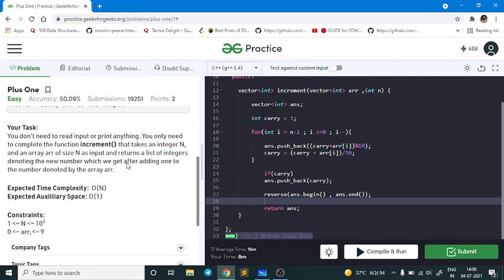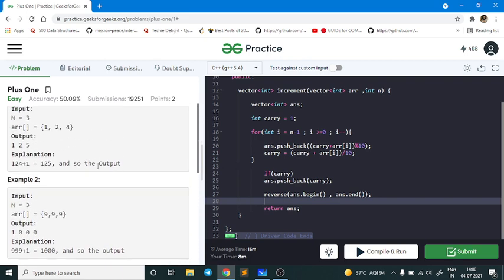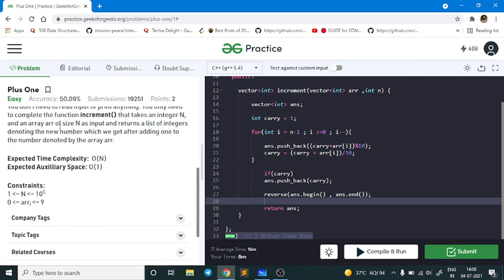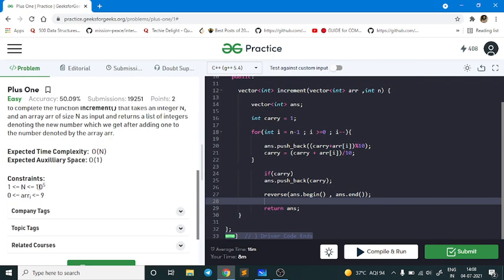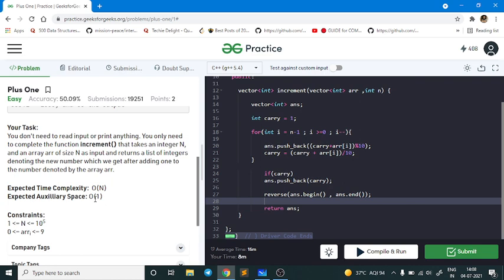Now if I come to the time complexity, the size of the array is 10 raised to the power 5, so we have to iterate completely over all the digits in the array to form a number. Perfect. And the space complexity is O of 1, because as you might say, we have taken this answer array, but we have to take this.